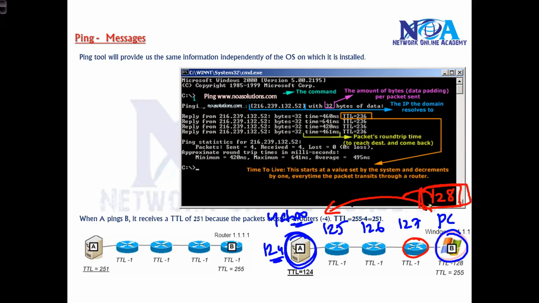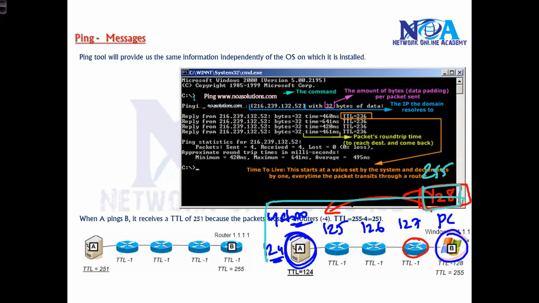Like I said, on Windows machines it will be 128, and if you're using Cisco routers, generally it starts with 255, and again it will vary. This value will be decremented at each and every hop.